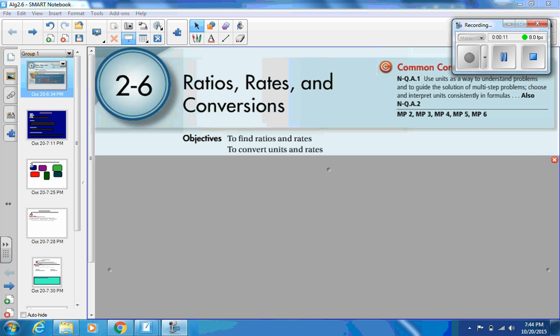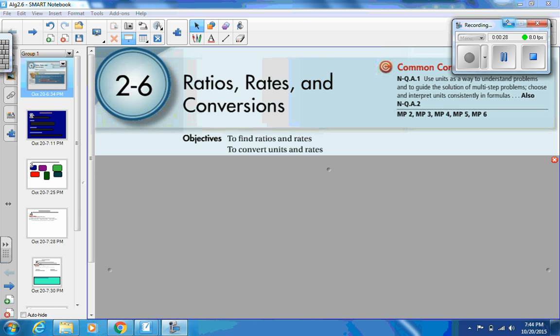Yay, math. Woohoo! We're going to do section 2.6 here. It's all about ratios, rates, and conversions. The rest of this chapter deals with ratios and proportions, which we'll get to. But we're going to just deal with what ratios are, what rates are, and how we can use some things